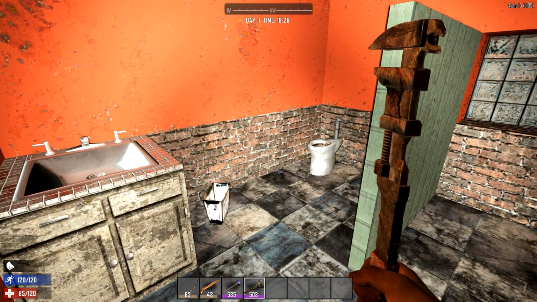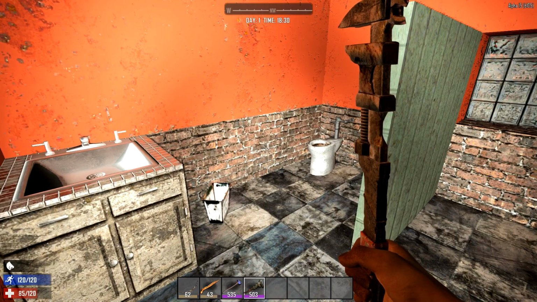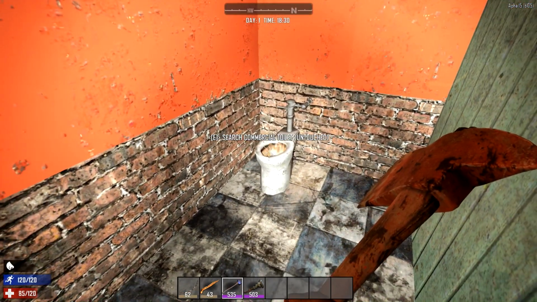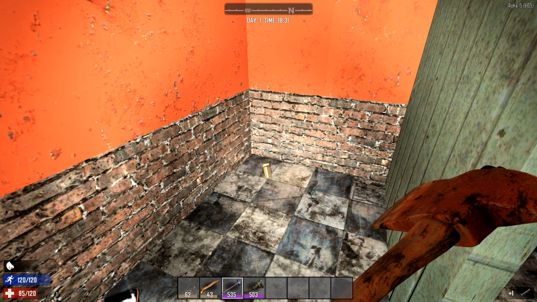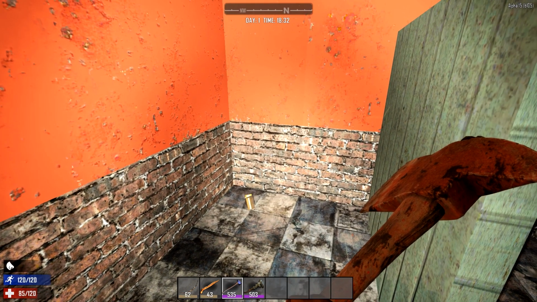The last thing we need for the bellows is short iron pipes. There's a few ways to get short iron pipes. The easiest way to get an iron pipe is to destroy a toilet with an axe or a stone axe. You're guaranteed one short iron pipe per toilet destroyed. You only need 2 in total to make a forge, so if you find 2 toilets and destroy them,